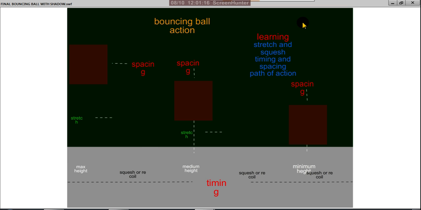This looks like theory, but tomorrow I'll explain practically how to do this. Follow this, try to understand the principle and check yourself. Tomorrow I'll explain the practical bouncing ball, you study now, and if you have any doubt please ask. Thank you.